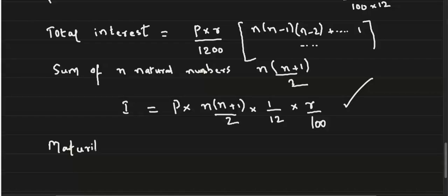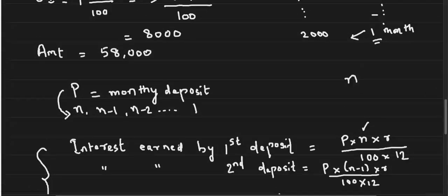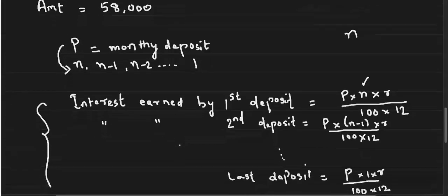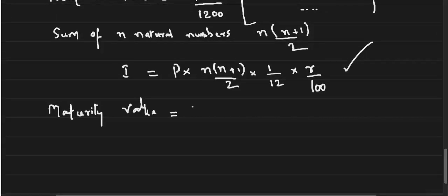is what? The total amount which you deposited over the period of time, that total amount which was deposited was P into n, right? P into n, and plus interest should be added to get the maturity amount. This is the final formula, maturity value. I hope this was clear,